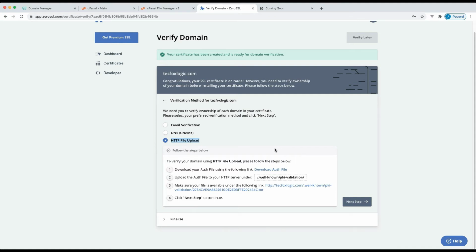To verify your domain using HTTP file upload, please follow these steps. Download auth file. We can download it by clicking on this link. A text file downloaded. We need to upload this file to the server and create 2 folders for it.